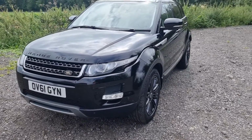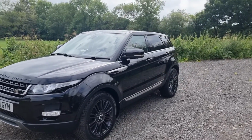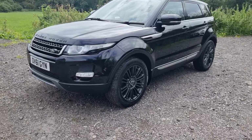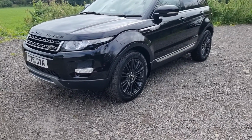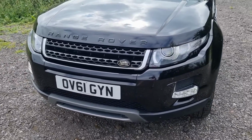It looks really smart in the black, with the factory fit blacked out windows from the B-pillar back. It's got these really nice gunmetal grey multi-spoke alloys. Yeah, it's a lovely car. So up on the front end,